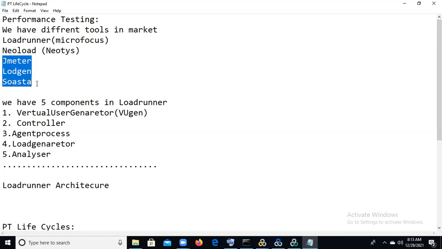What is the Load Generator? It generates the load against the application. What is the Agent Process? It establishes the connection between the Load Generator and the Controller, an interface. The Analyzer analyzes the results to find out the bottlenecks.